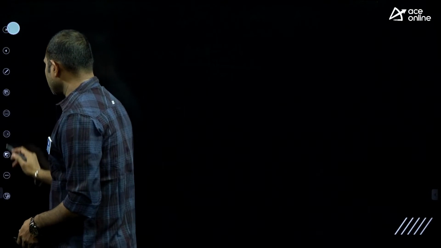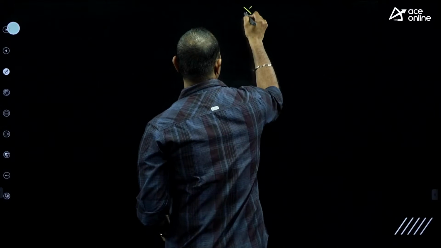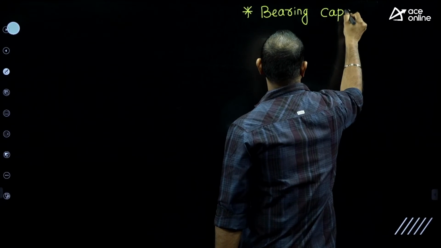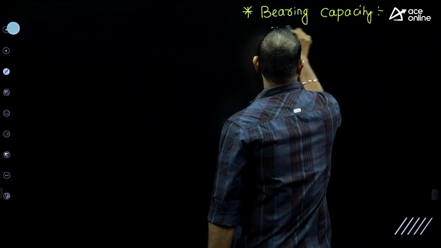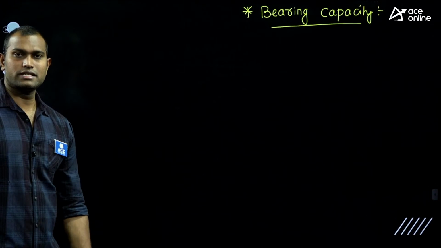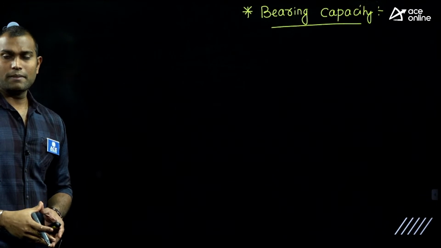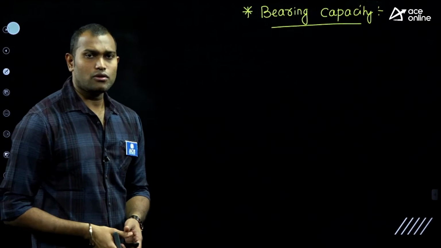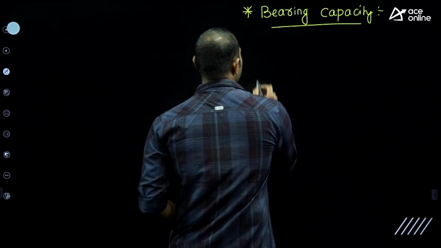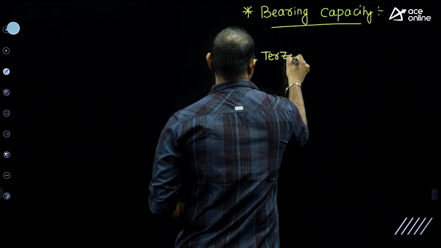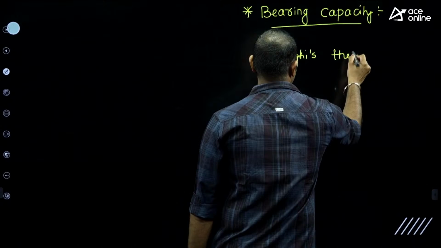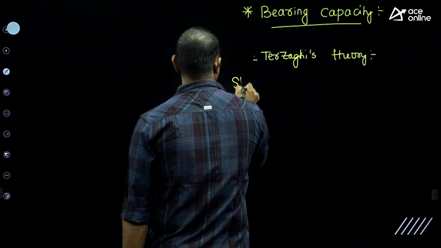If you see the bearing capacity chapter, in the case of the bearing capacity chapter, the majority of the questions that you can expect are from Terzaghi's bearing capacity theory, and then Meyerhof theory also. In 2023 also we got a question based on the Meyerhof theory. So the Terzaghi equation, Terzaghi's theory. In the case of the Terzaghi theory, for the strip footing,